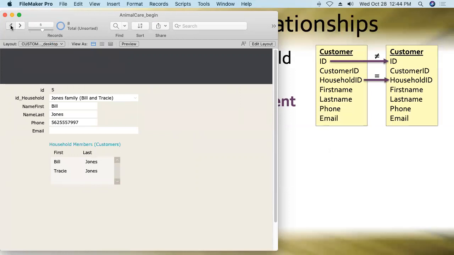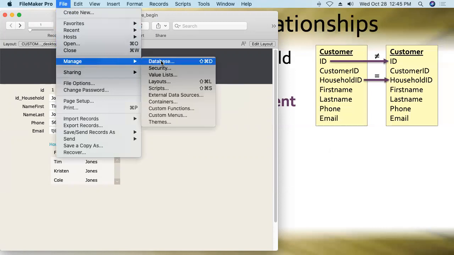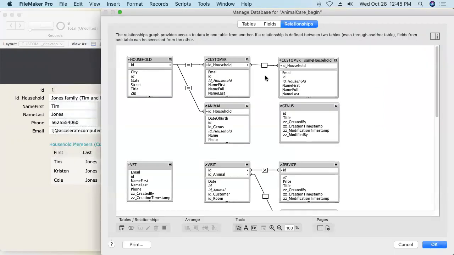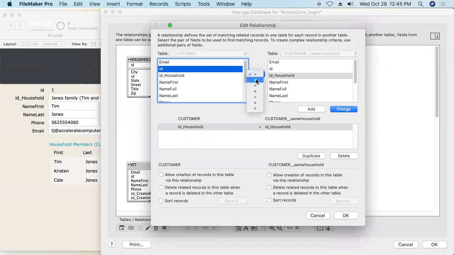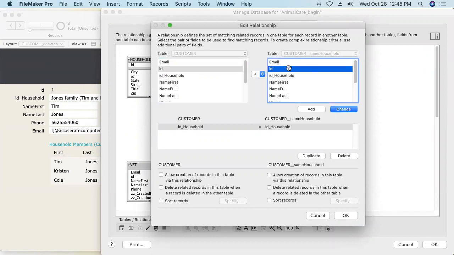So here's the portal in question. Let me go back to our record, or one of them. There we go. So we're on the Tim Jones customer record, and Tim Jones appears in the portal. We want to eliminate or prevent that from happening. So nothing to do on the layout, rather it all has to do with the relationship. So I'll just jump into File, Manage, Database this way, and we're going to work on this relationship right here. Customer to customer, same household. Double clicking on it, and we're going to add in a predicate to this relationship saying, all right, if the current customer's ID number